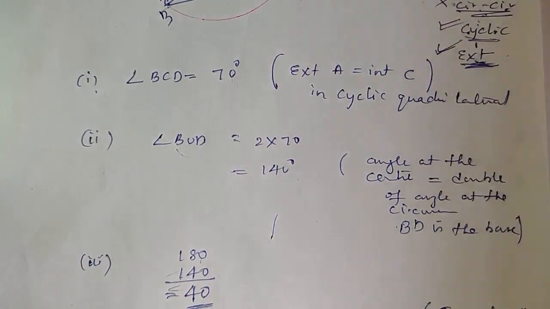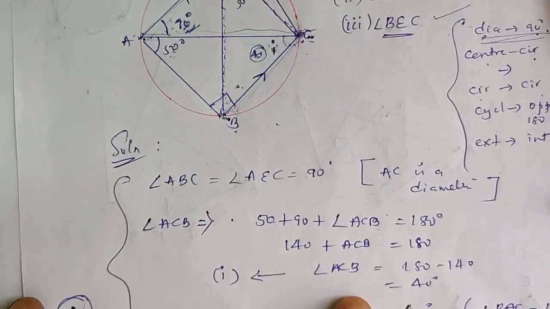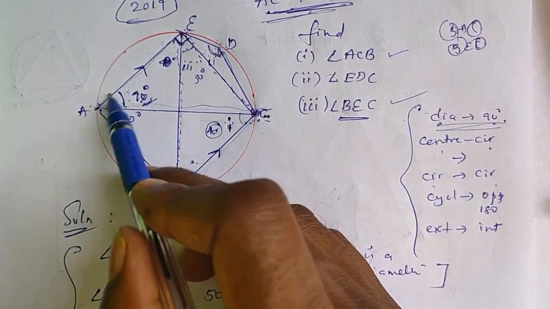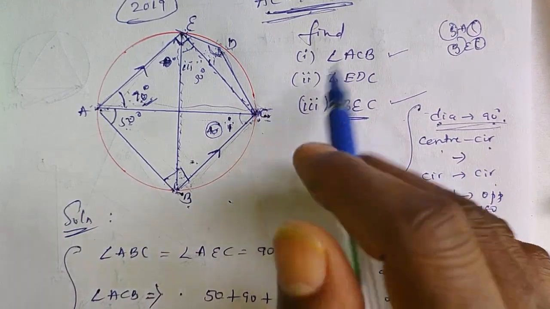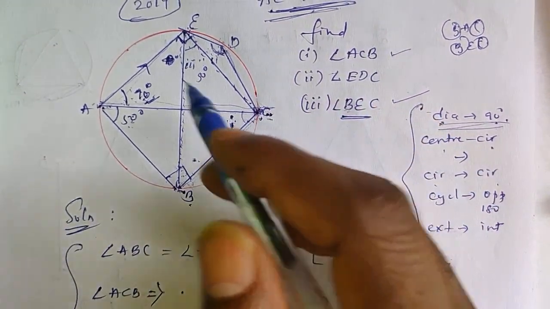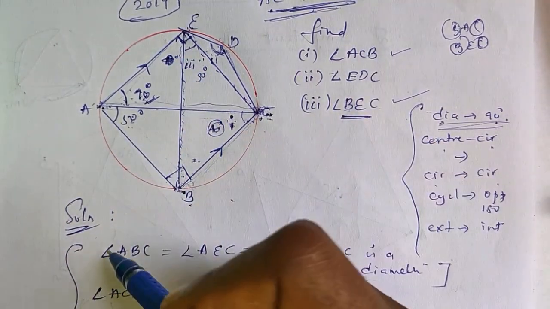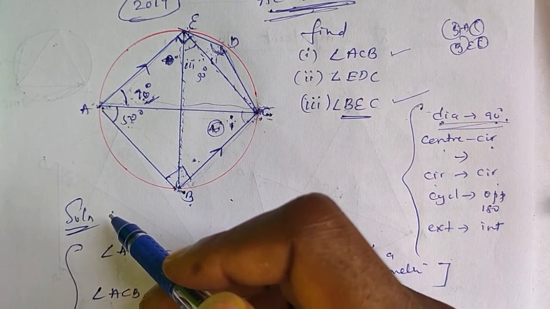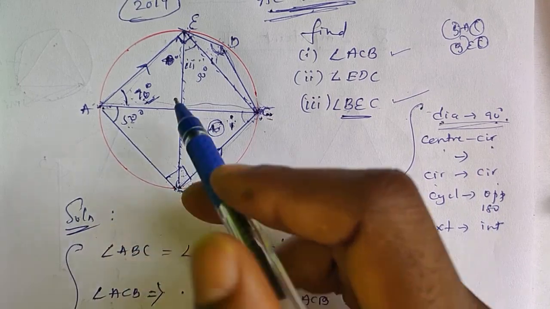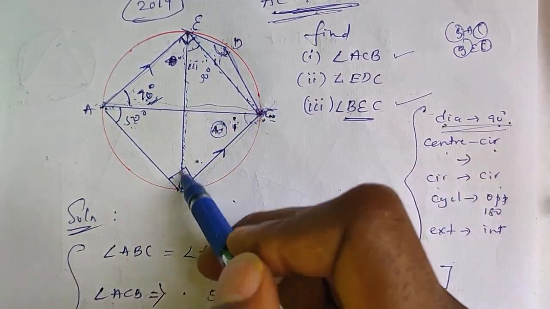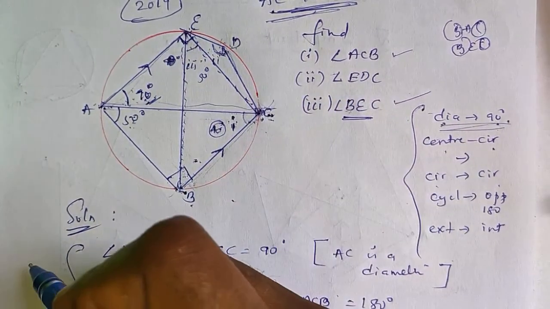And in the last problem we forgot something. That means in the last problem the parallel lines are given. I did not check, will correct it now. Because of the parallel line, alternate angles are equal, right? Because of the parallel, alternate angles are equal. So this is parallel, so alternate angles are equal.